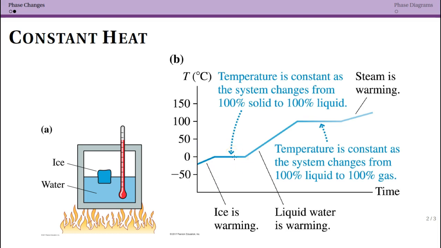That's okay. They can both exist at 0 degrees. As you put more and more energy in, you keep heating it, you're actually just converting that ice to water. Eventually, you only have water, and then the temperature starts increasing again. You then reach the temperature, 100 degrees, where the water boils. Now, it starts turning into steam. And again, at this point, you can have gaseous water and liquid water at the same time, but the temperature only starts increasing once it's all steam. And you can have steam that is hotter than 100 degrees.